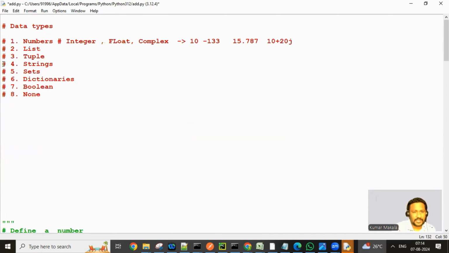Next one is strings. One of the very, very important. Doesn't mean that other things are not important. That's also important, but this takes the top importance among other data structures. And so when it comes to strings,